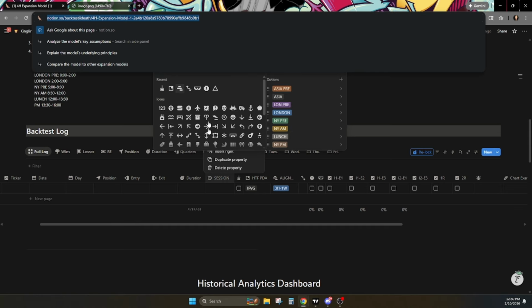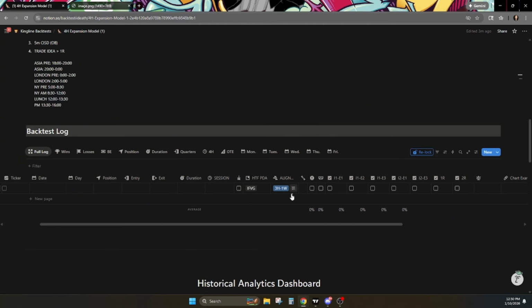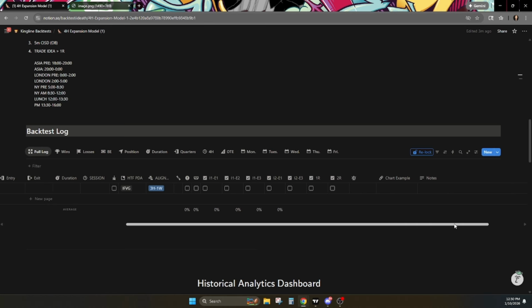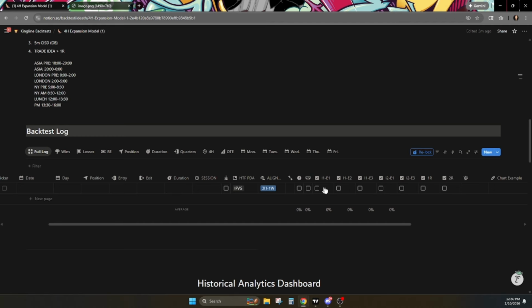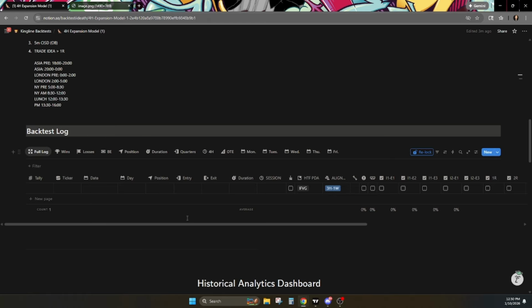So session is good, duration is good. Okay. All these I already chose an icon for in previous backtests. See how we can see most of the sheet from the beginning, so it requires less scrolling. That's why I wanted to add the icon, so I can shorten every single one as much as possible. All right, so now we will get into